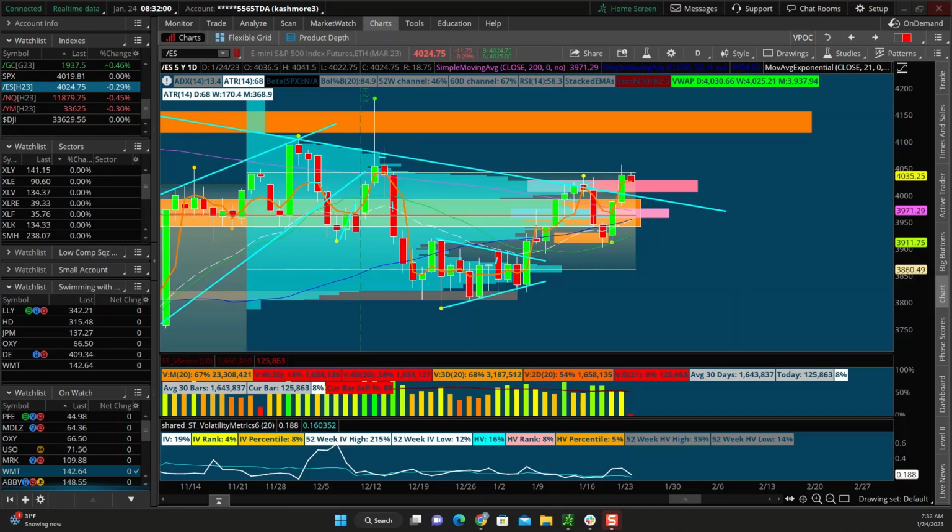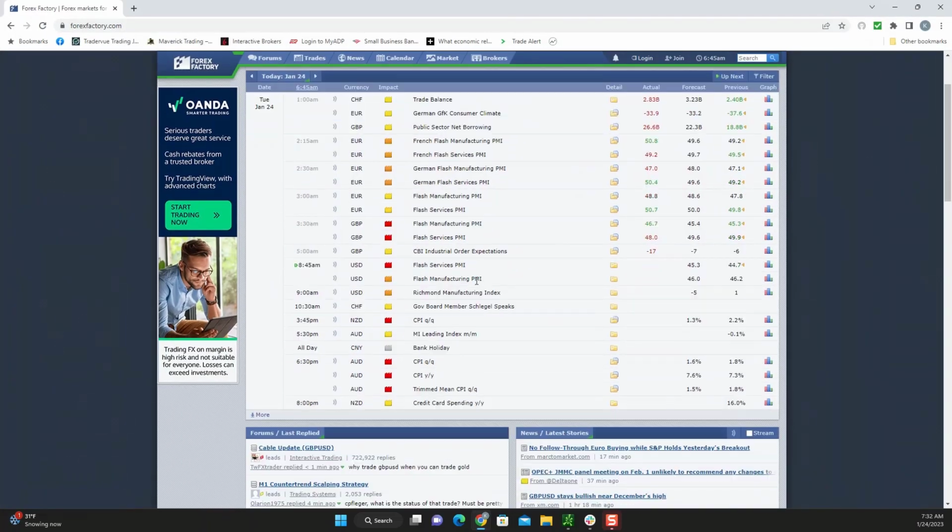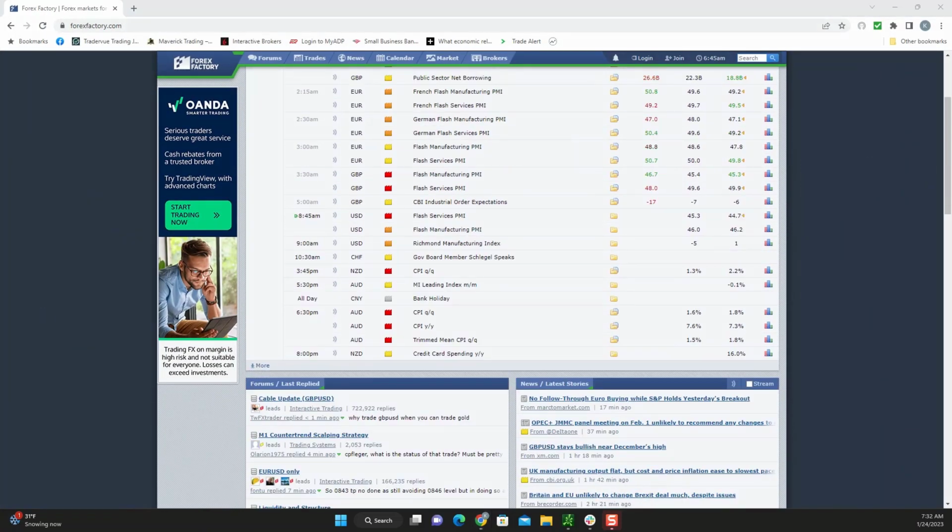So the ES, relatively, I'll call it flat compared to as of late. We're only down basically a third of a percent on the day. And there's a few things I want to point out. First, before we dive into technical analysis, we could look up at the economic calendar. As far as today, 15 minutes after the open, we are going to have the flash services PMI come out. So this is probably going to cause a little bit of volatility. So I'm going to wait till that news comes out 15 minutes after the open to go ahead and place a trade. So I'm going to be patient.